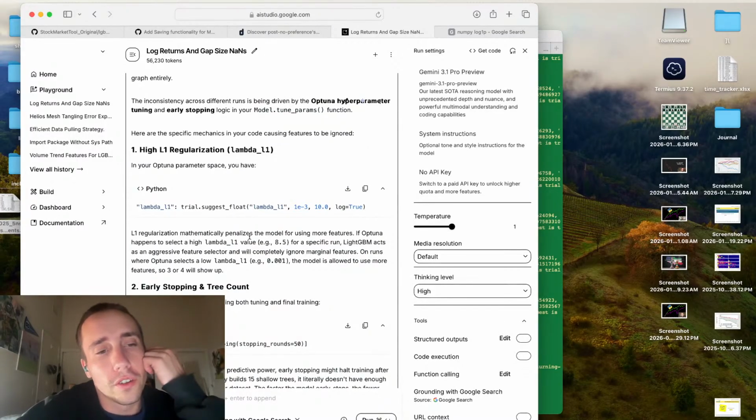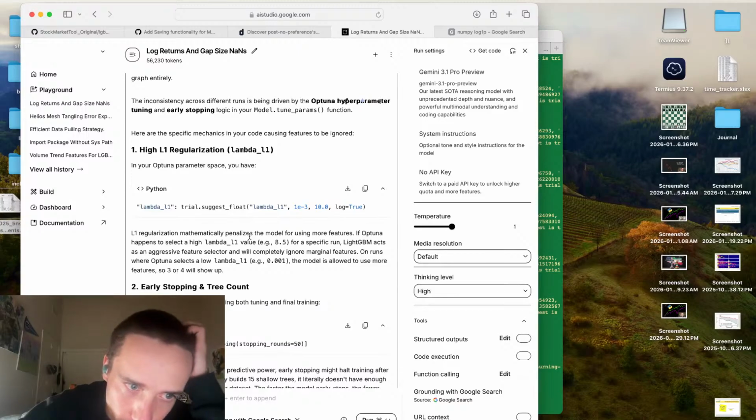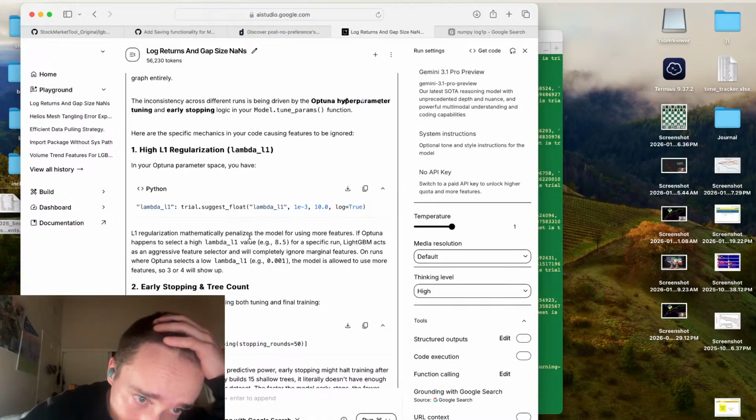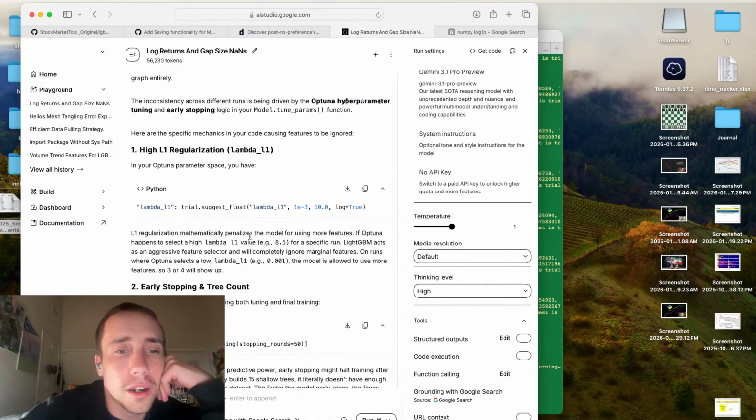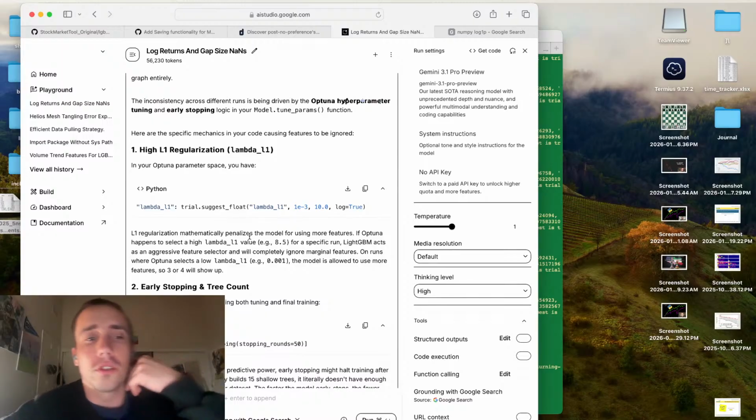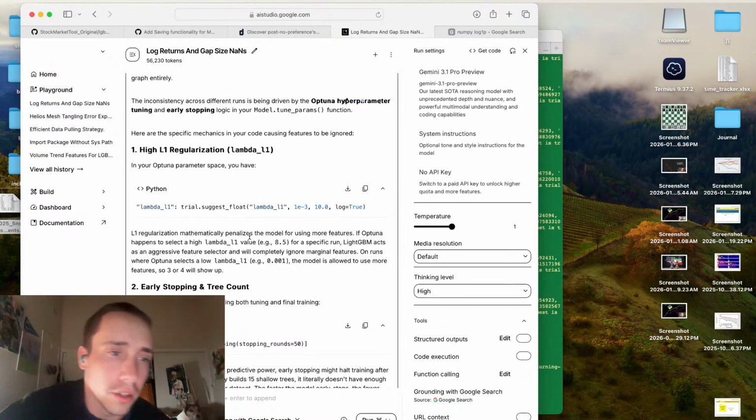If Optuna happens to select a high lambda L1 value for a specific run, LightGBM acts as an aggressive feature selector. It ignores marginal features. On runs where Optuna selects a low lambda,